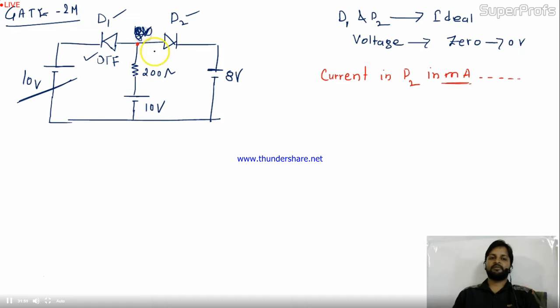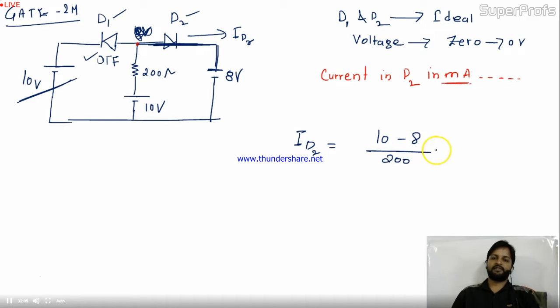So forget about this now. Your D2 is short circuited. Now your question is, find the current in D2. Simply you can find out the current. I D2 is nothing but 10 minus 8 divided by 200. Is it okay? So this is 2 by 200, so this is 1 by 100. So this is nothing but 10 milliampere. And they're asking in milliampere, so you need to answer 10 only, not 0.001